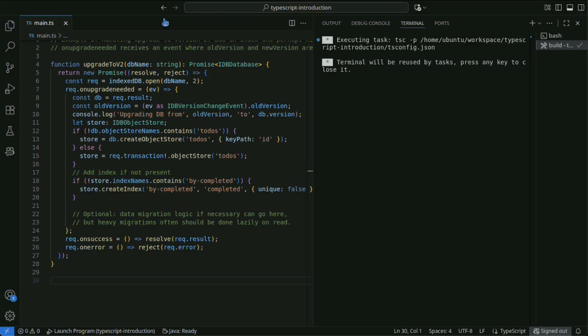Heavy processing inside onupgradeneeded can block the UI, so keep it to a minimum, and consider delayed migration, staging processing during app startup, if possible.